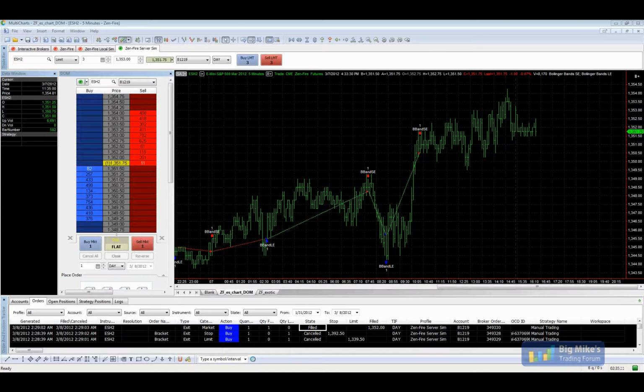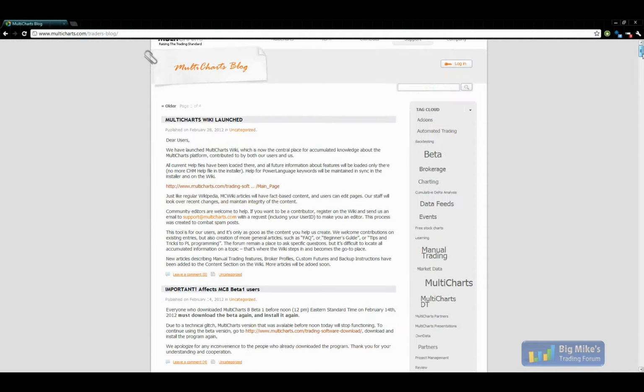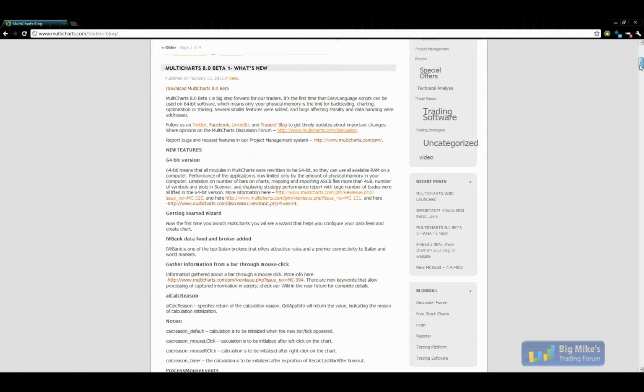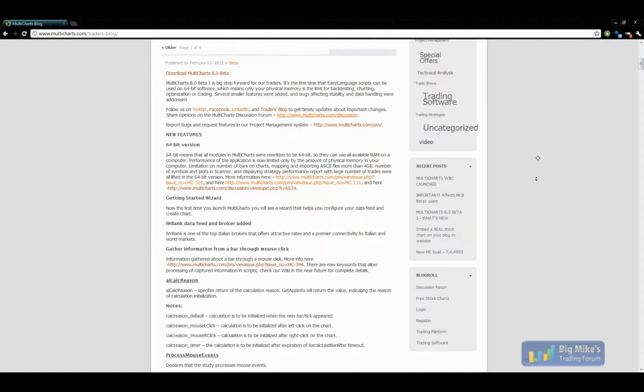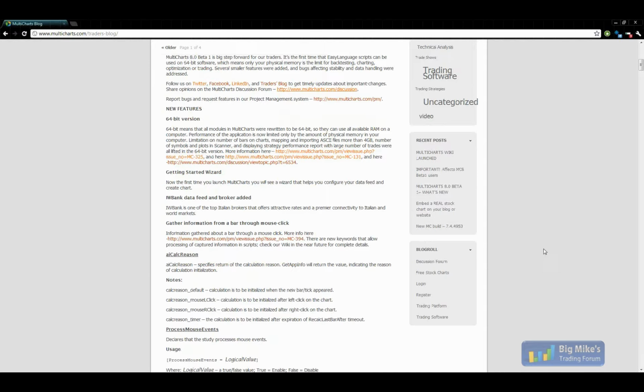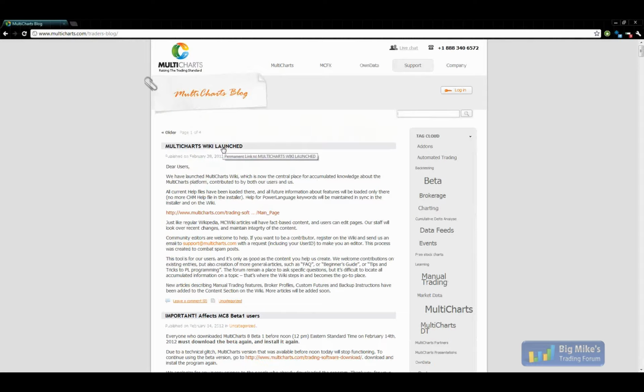Okay, I'll show you our blog. This is where you find all the announcements and the betas that we create. Here's beta 1, what's new. You can read more on it later on. We introduced a getting started wizard to help you configure your data feed the first time you open MultiCharts. And we did create a new wiki,